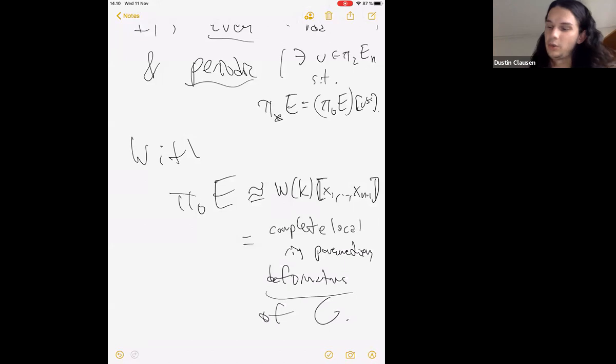So there's this story with formal groups that if you have a formal group over a field, you can ask how it deforms. If you replace K by K[epsilon] mod epsilon squared, for example, you'd be asking about first order deformations, and you might wonder how many of those there are. But more generally, you can grow your ring by adding more and more nilpotents and ask how the group is allowed to move when you slightly perturb the point. And saying that this complete local ring parametrizes deformations means that